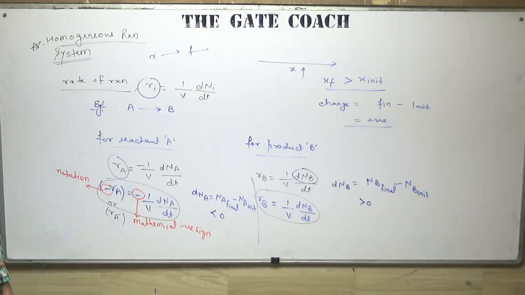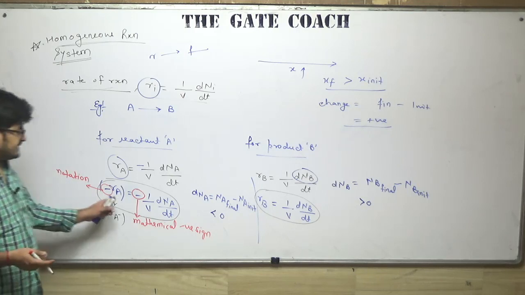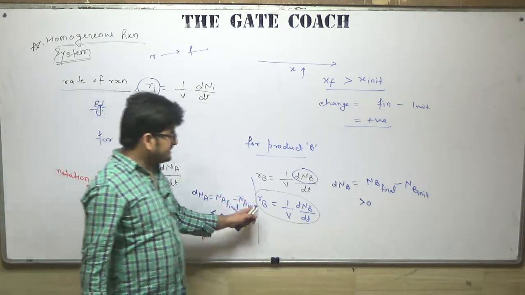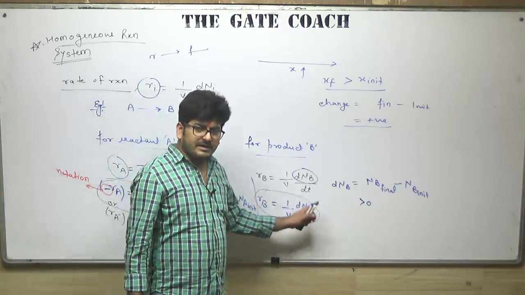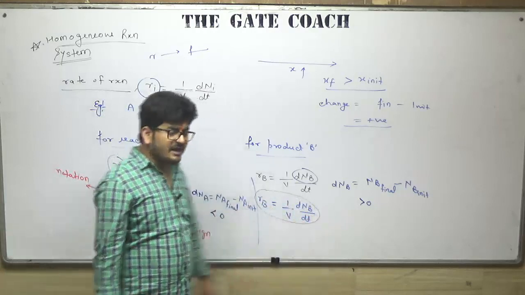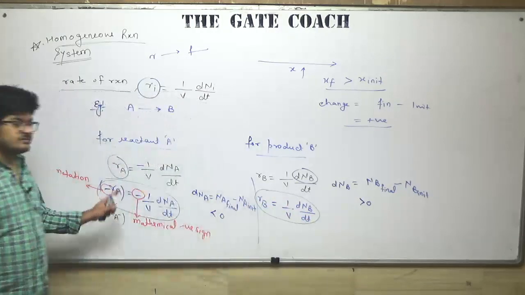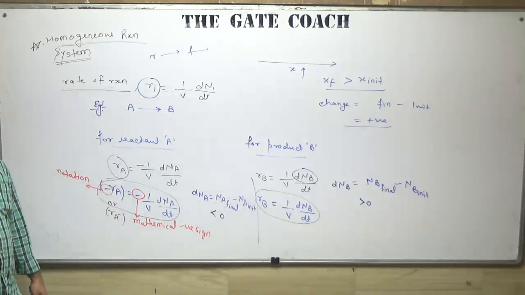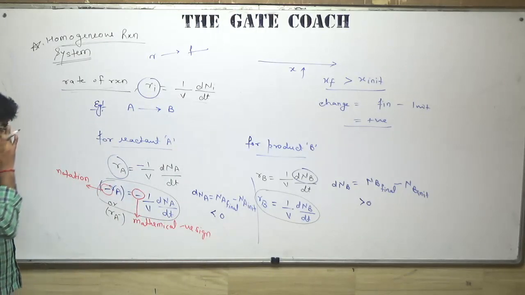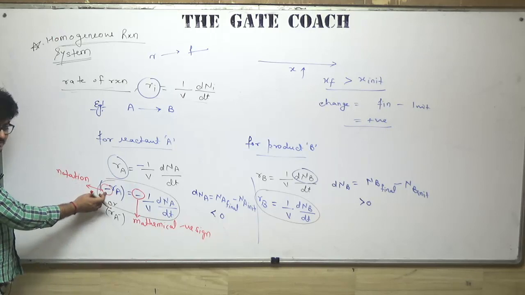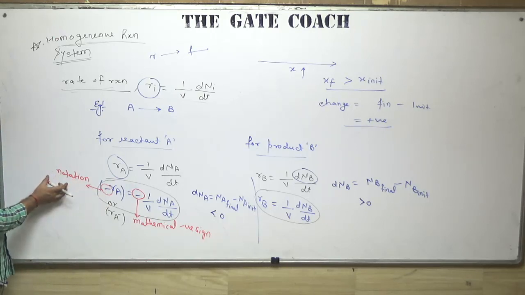And why are we using this notation? Because this rate is different. This rate is in terms of product B, where B is appearing during the reaction, and this rate is in terms of A, where A is the reactant which is disappearing during the reaction. So this minus sign is used as a notation